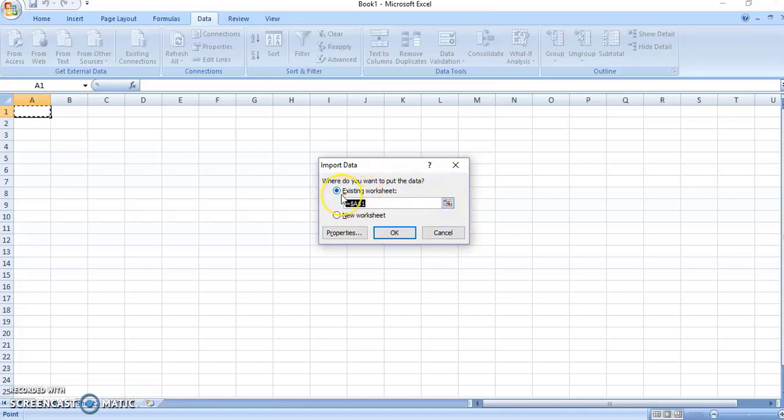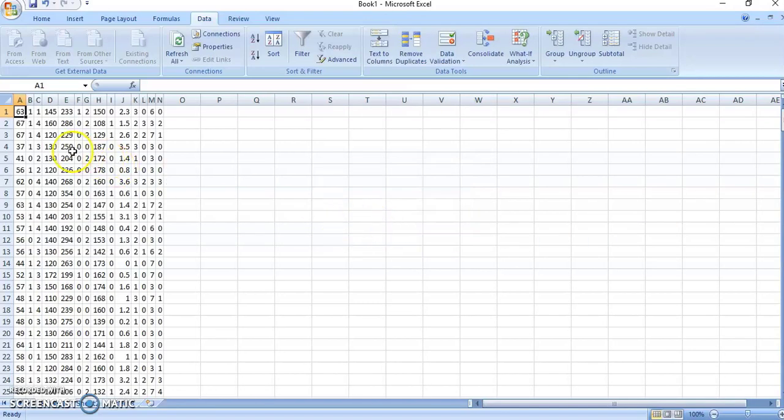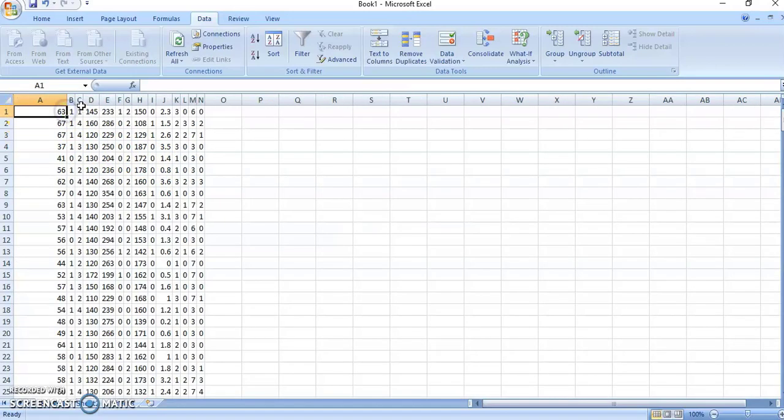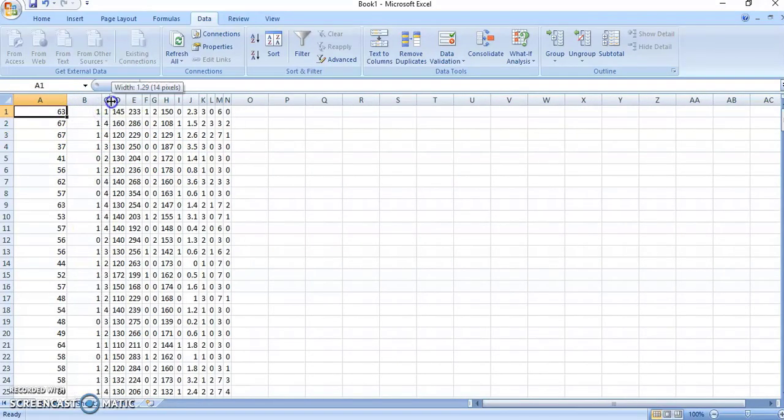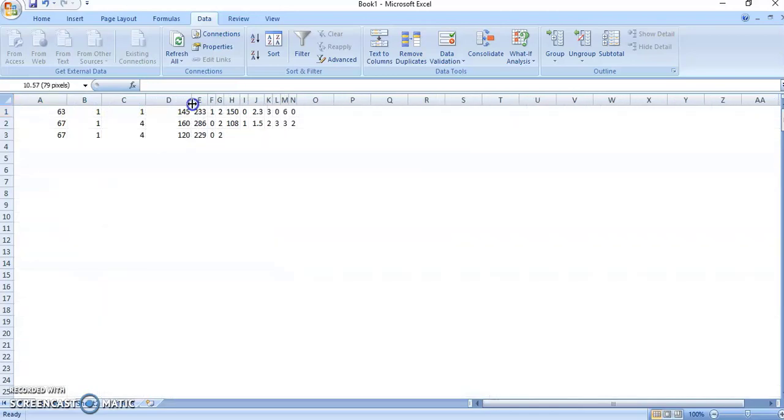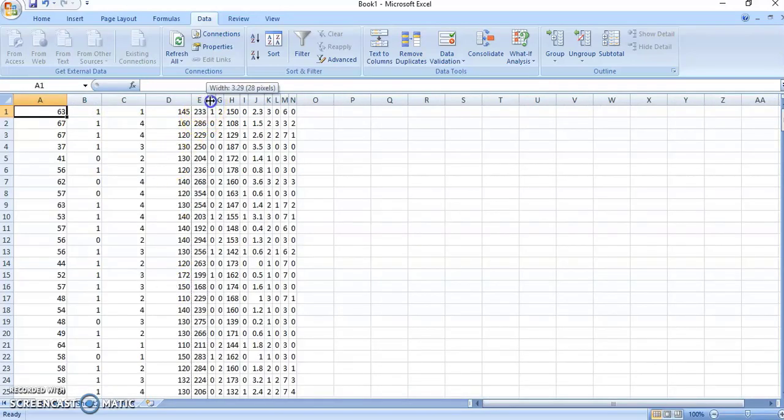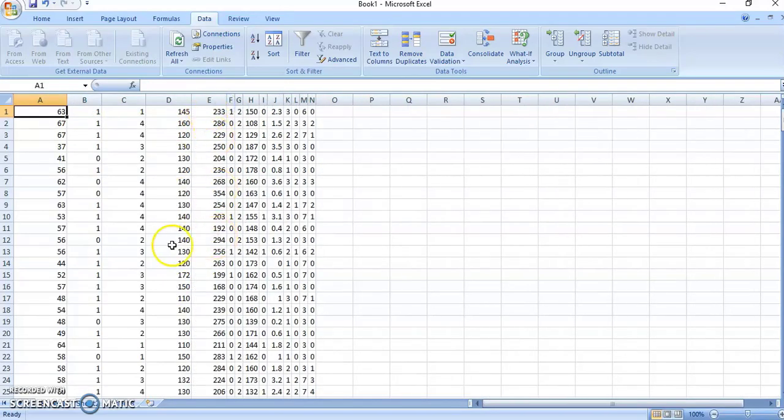I am choosing that the existing worksheet is enough to input the data that I have imported from the text file. Then I am clicking OK. Here each and every attribute is aligned with the columns presented in the Excel sheet. This is the way in which we can import the data directly from the text file into an Excel sheet.